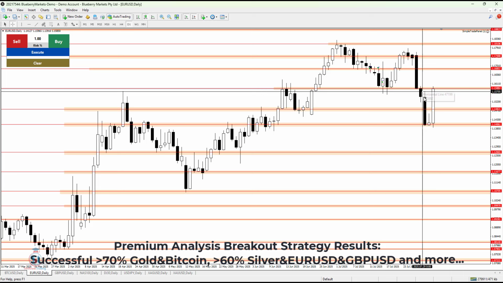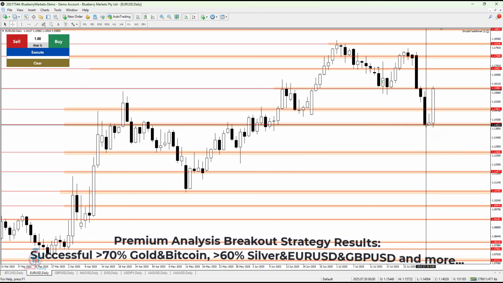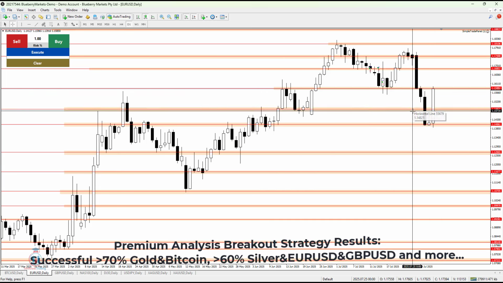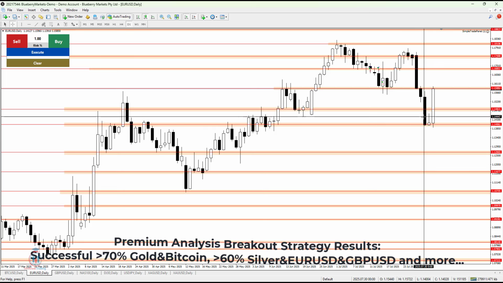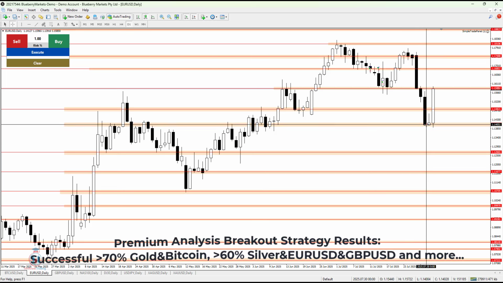Euro against US dollar this week has lost its value. We can see the price started dropping from 1.17488. The price has dropped down on a Monday, reaching a support level 1.15. Not bouncing, not retracing from this area of support, continue to lose its value, and we can see for the next 2 days the price has gone below this area of support 1.148 and reached 1.140.